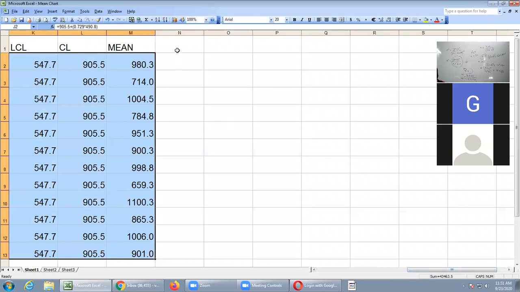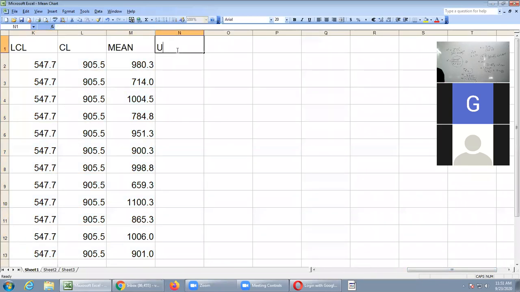So for the range chart, what you will do, same procedure. For the range chart you require UCL, and next LCL, and then CL, and then range values. I want range values here, because for a range chart you have to construct range values. So for the range chart, when standards are not given, I have given the formulas manually. You have done it already. What is the range chart formula?